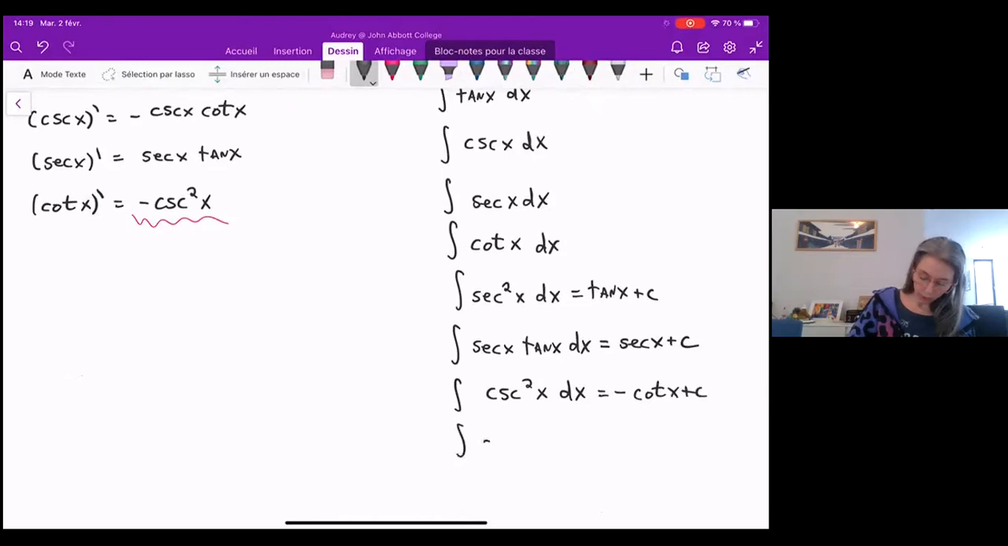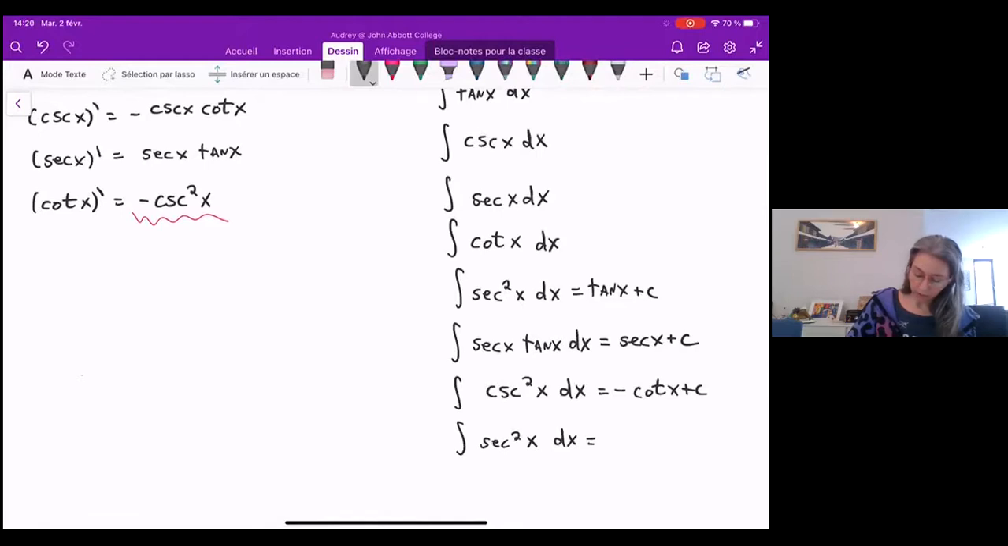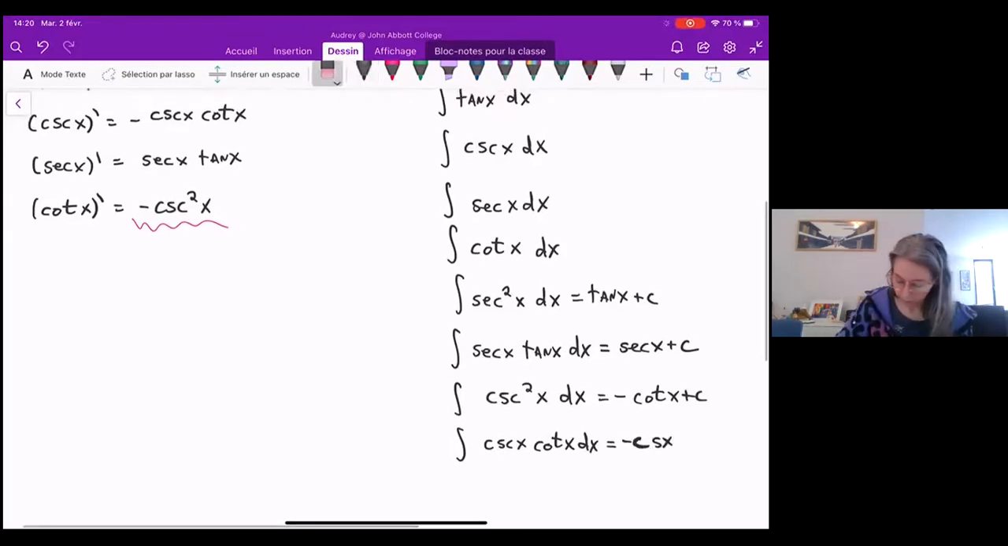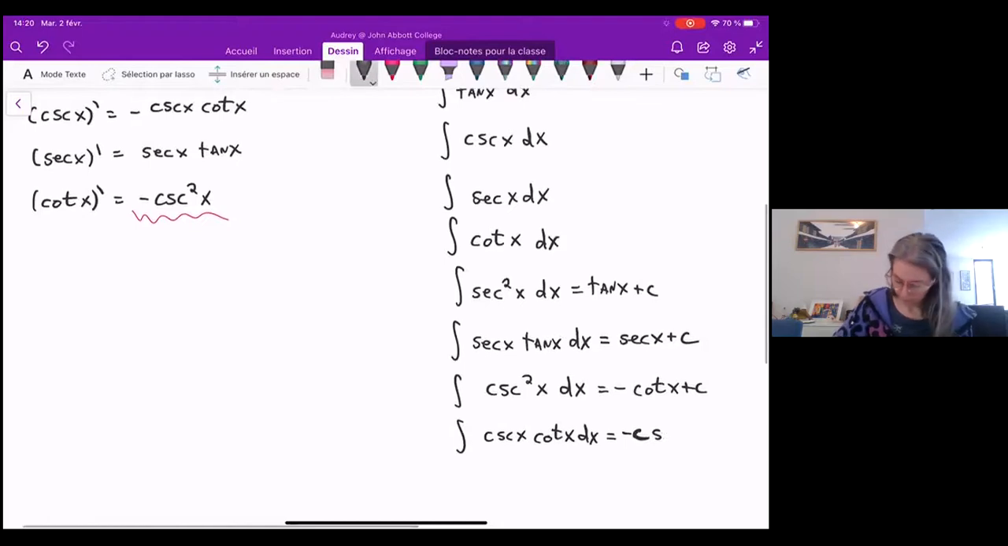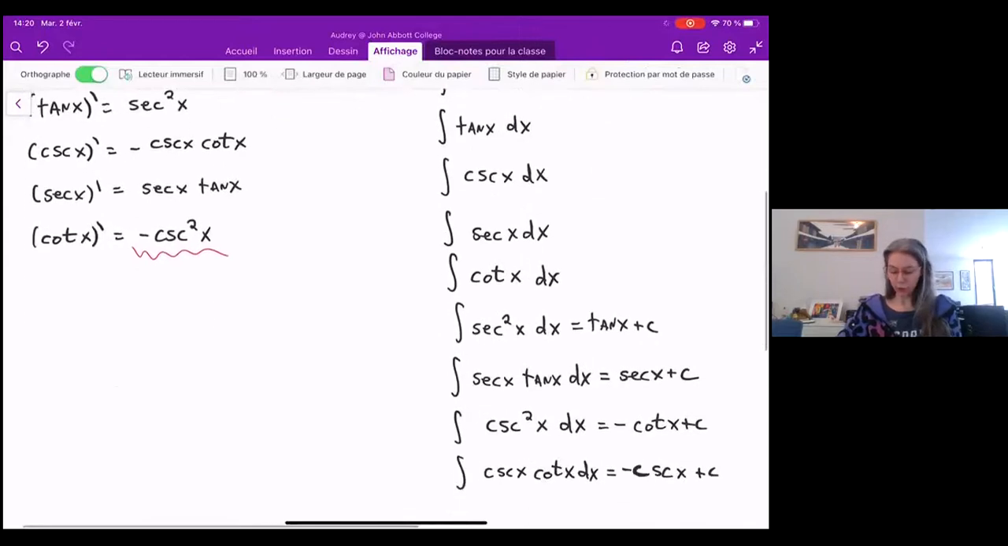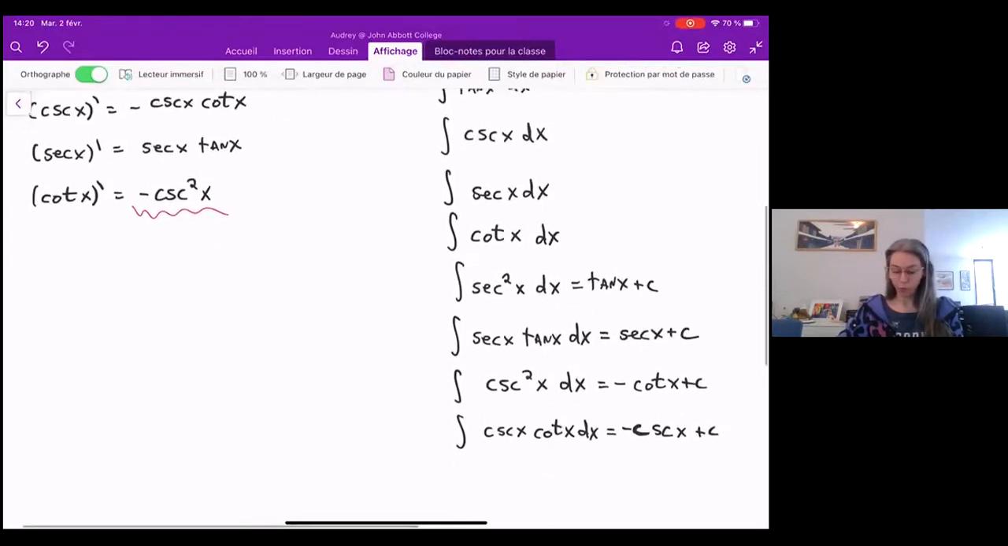And then we can also do the integral of cosecant x cotangent x dx. Again, we have the negative issue, so it's going to be the derivative of negative cosecant x, plus a constant. So I actually have these 1, 2, 3, 4, 5, 6 new known forms,